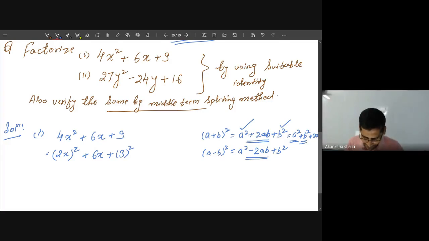Students, what are we getting? The squares of two terms are there. Now we can split or convert the middle term, the x term, as 2 times the product of the first term and the other. Students, here we have to do a minor correction. It should be 12x, not 6x. Please correct it, otherwise in the identity we cannot do it. So just do the minor correction. It is 12x.